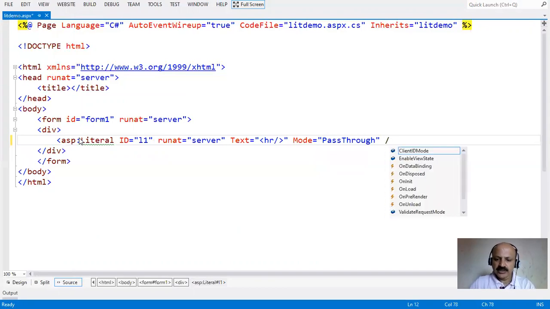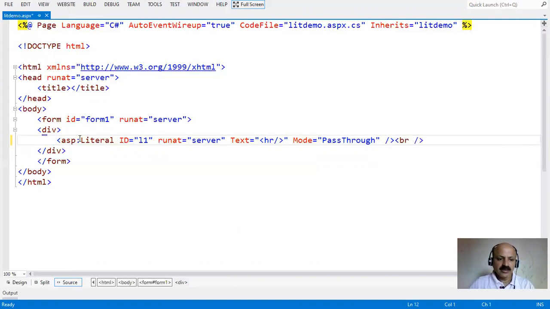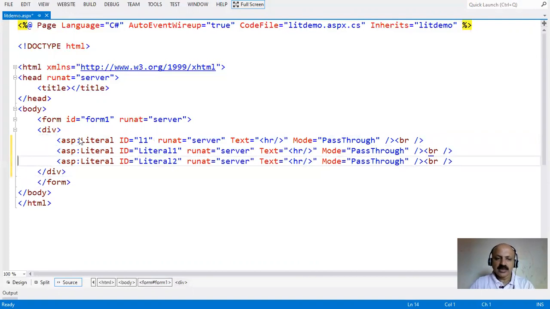Okay, so here I close and just give one br tag and copy this, because there are three values to assign here: pass through, encode, and the last is transform.